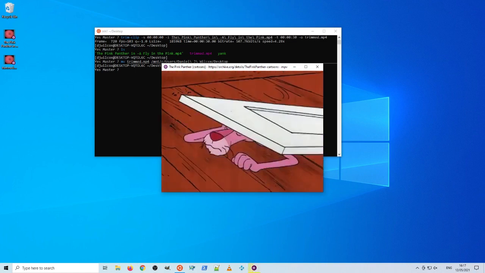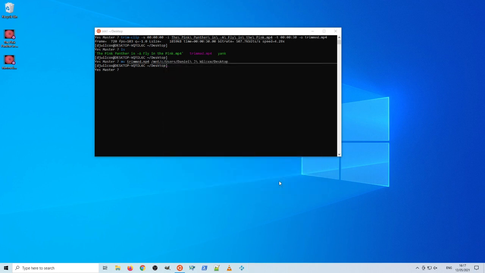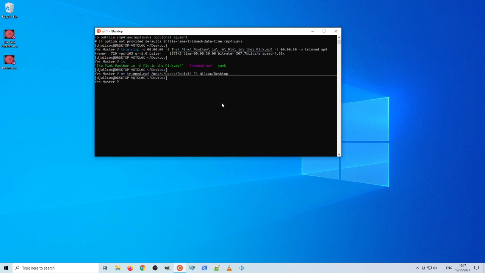And again, this is a video that's in the public domain, so there's no copyright issues demonstrating this. So that's how we can actually trim the video clip inside the Windows subsystem for Linux. And to get a file from your Windows desktop into the Windows subsystem for Linux,